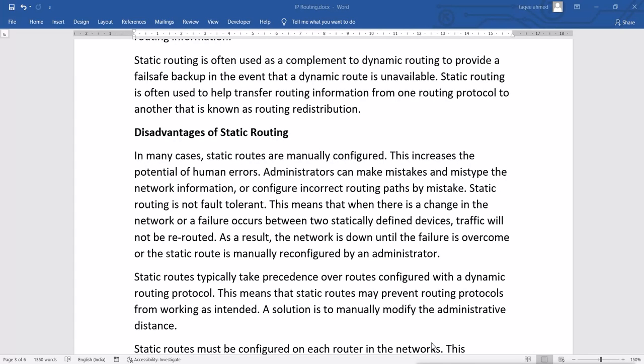So static routing is not fault tolerant. Not fault tolerant means that when there is a change in the network or a failure occurs between two statically defined devices, traffic will not be rerouted. As a result, the network is down until the failure is overcome or the static route is manually configured by an administrator. That means